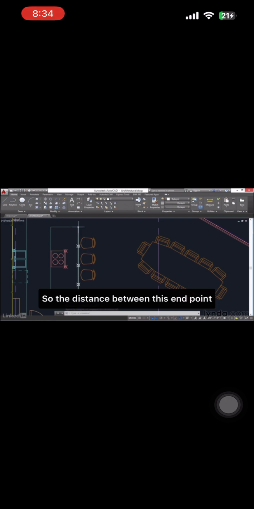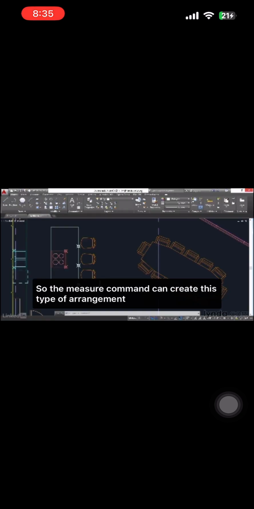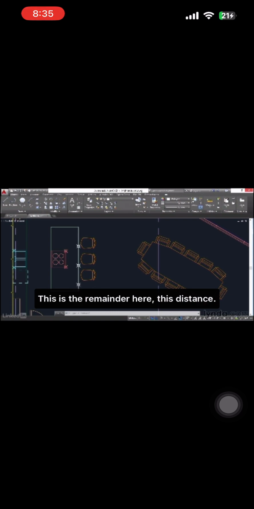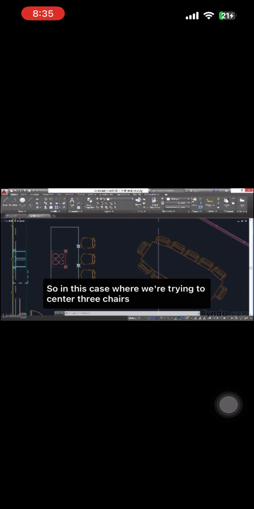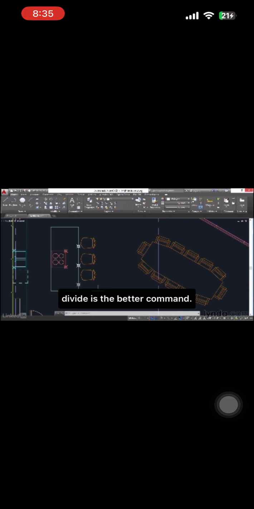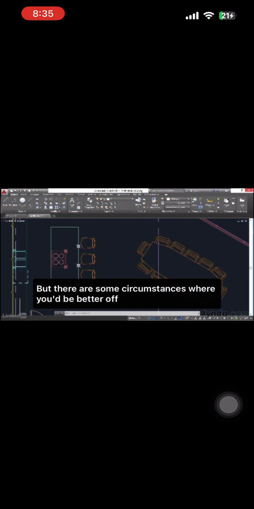So the distance between this end point and this point here is 3 feet, and then we have another 3 feet, another 3 feet, and then we have whatever's left over. So the measure command can create this type of arrangement, but it's going to leave you with a remainder. This is the remainder here, this distance. So in this case, where we're trying to center 3 chairs on a kitchen island, divide is the better command. But there are some circumstances where you'd be better off using measure when you need to ensure that there's a